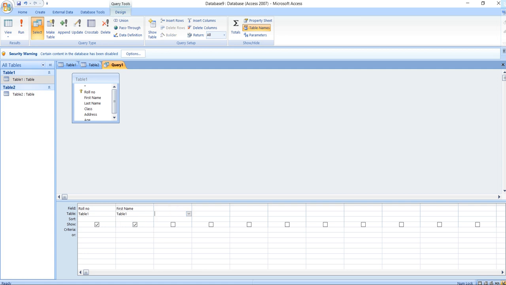Then next, last name. So these many things I wanted in my query. So I have selected the fields whichever are required.